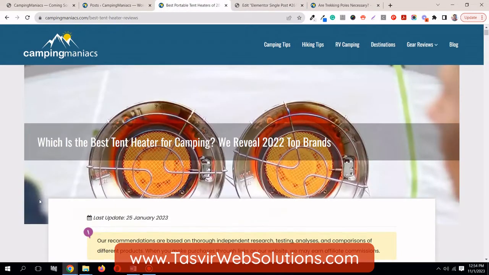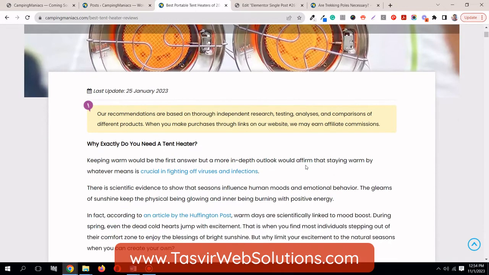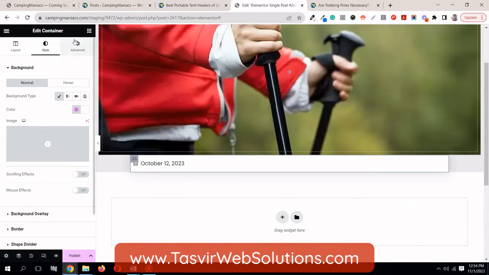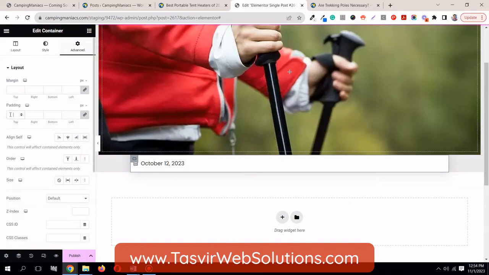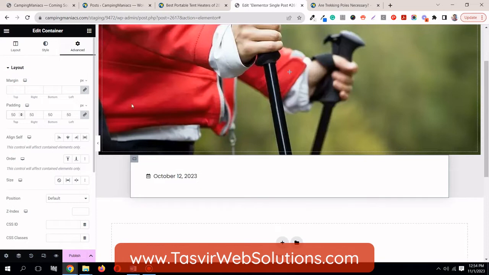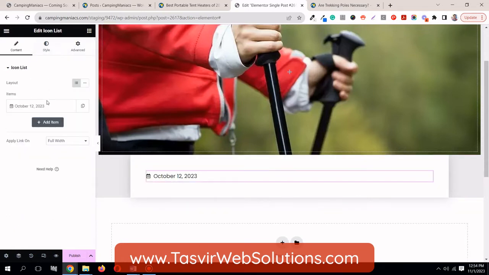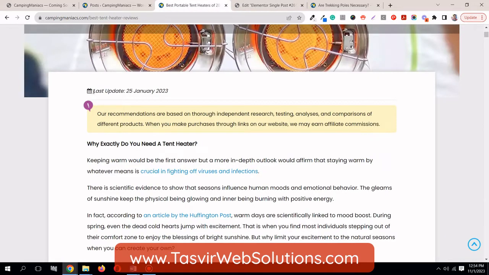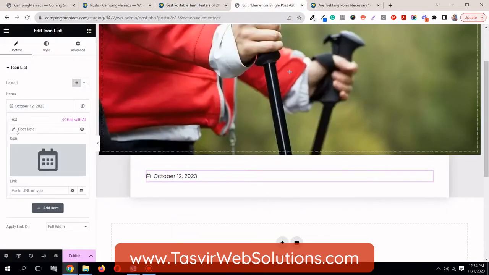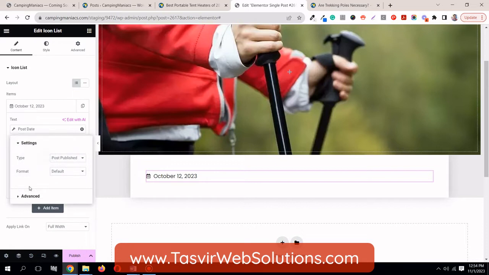Then another thing is that you see the spacing over here, there is quite a lot of spacing from the edges of this container. I can add a bit of margin to it, padding 50, it looks better. And then another thing, you see there is this text, we can also add this text before this date. We can go over here, click on this banner icon, advanced, in the before we add this text over here,